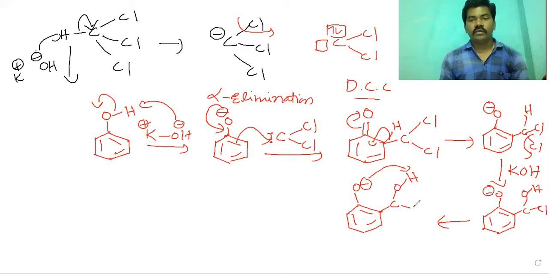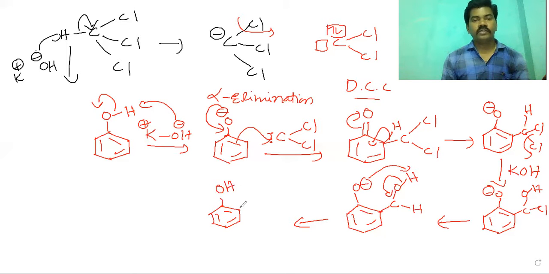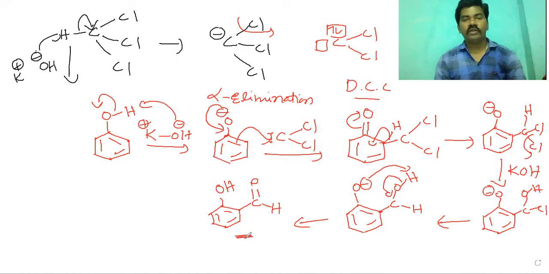I forgot to put one hydrogen here. Here one chlorine is eliminated, and this bond pair shifts to this carbon to form ortho-hydroxybenzaldehyde. So here OH, then C double bond O, H is formed. This is the desired product, ortho-hydroxybenzaldehyde. This is the major product. Actually, there is hydrogen bonding present between this OH group and this aldehyde group. That is why it is the major product.